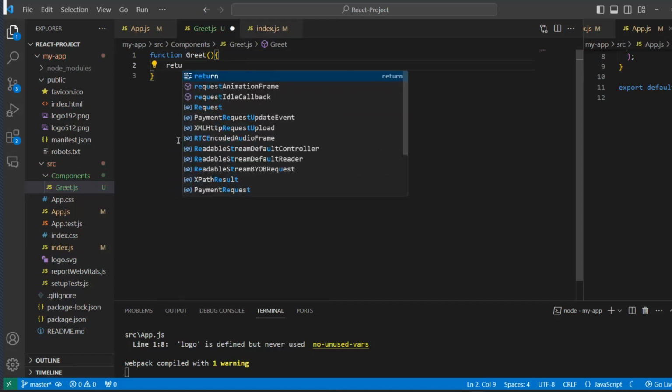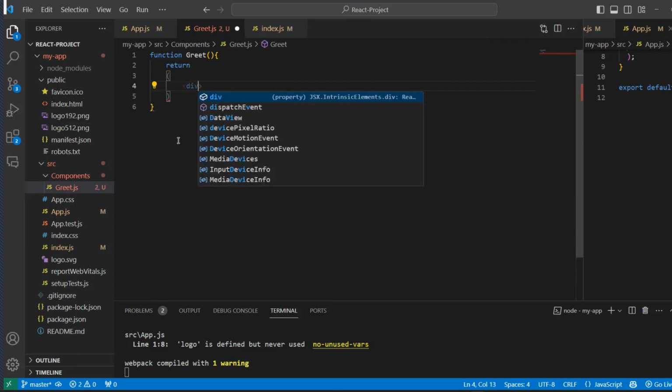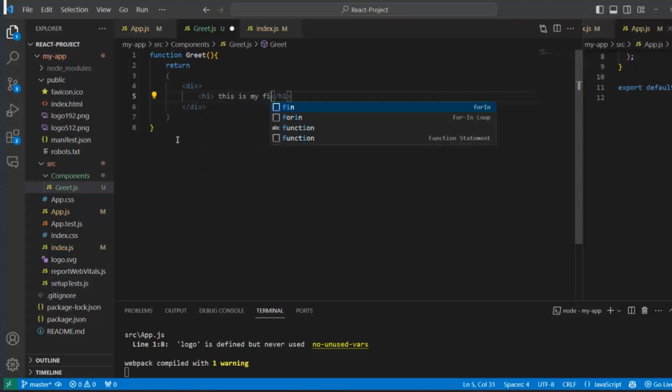Then it should have a return statement. Within the return statement, you can have a div tag, and we can say, this is my first component,